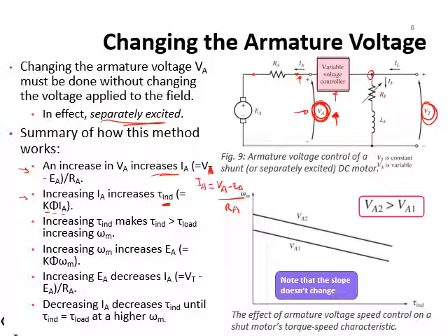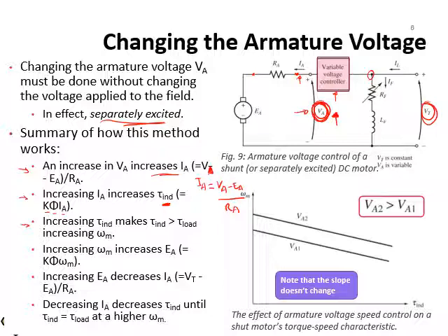Okay, so now our induced torque is increased, and then the next sub bullet point, the increase in the induced torque makes it higher than the load, because the load has not changed, and therefore you've got acceleration. The motor will be subject to acceleration, and therefore its speed will go up. So the omega m will be increased,